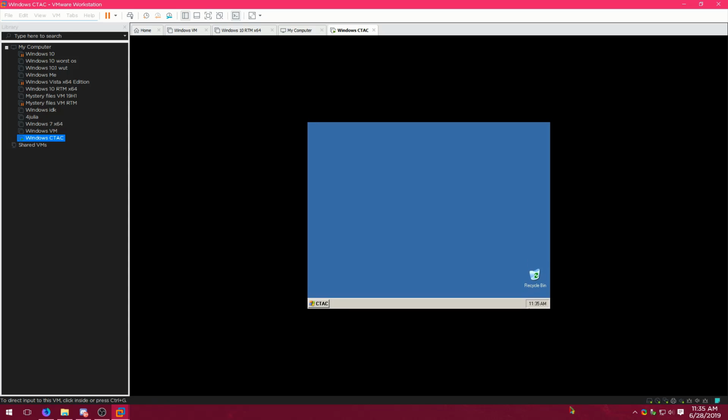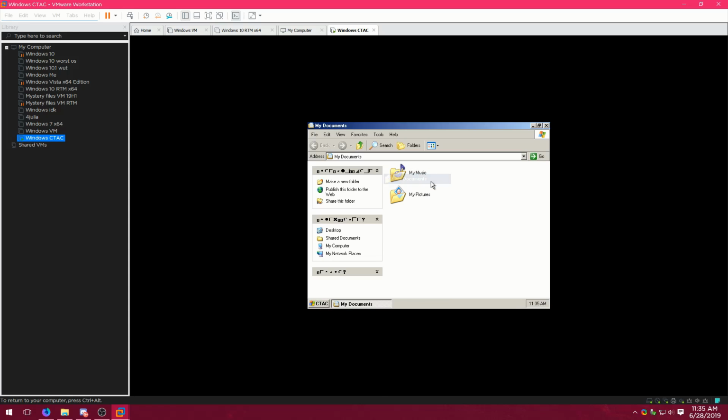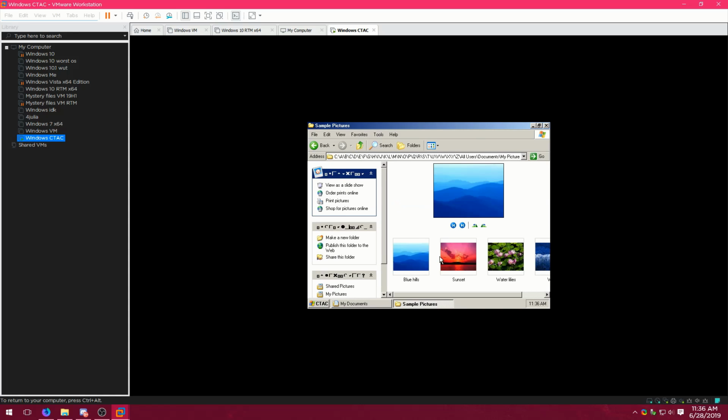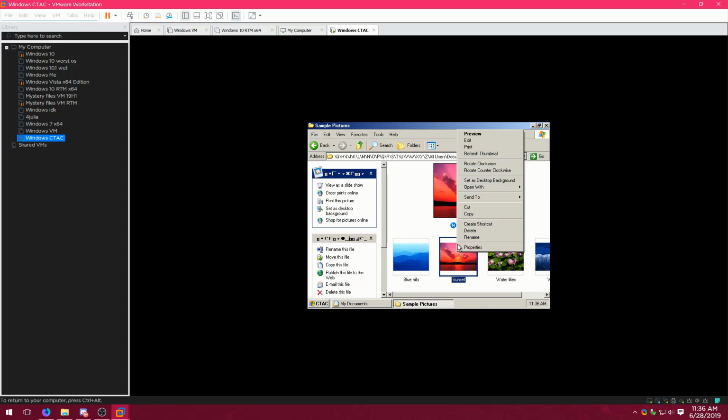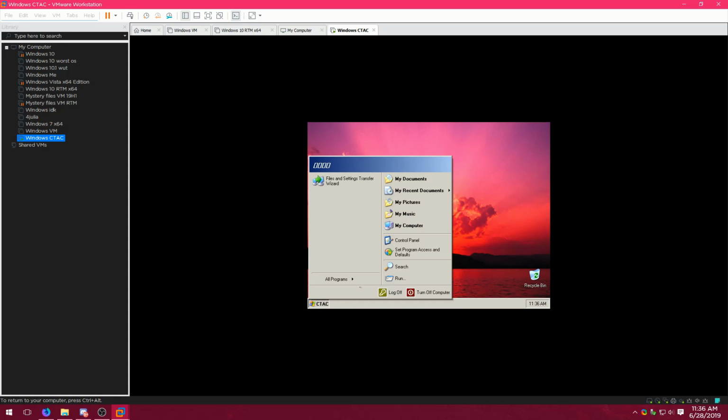Oh yeah, let's tell it I finished installing. Because it's installed now, and this is the strangest thing I've ever seen. What even is this? Oh, well, that's nice. It seems like a lot of the fonts were removed. It's still got the sample pictures. That's nice. Let's actually set one as the background. I guess there was no custom wallpaper, or if there was, it didn't work.